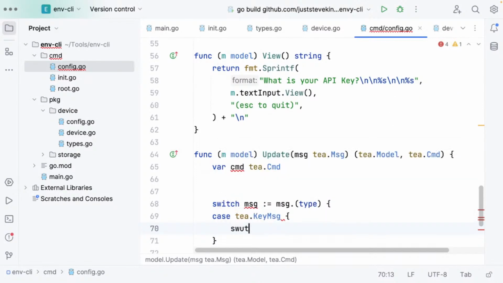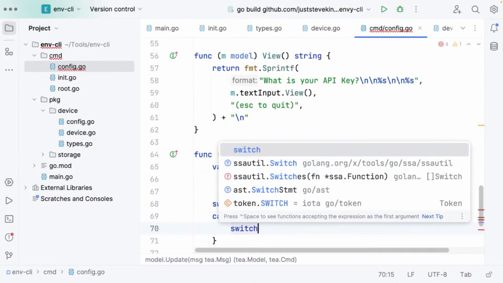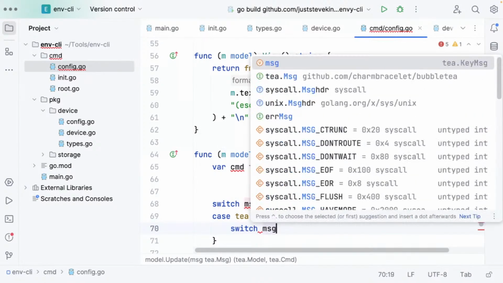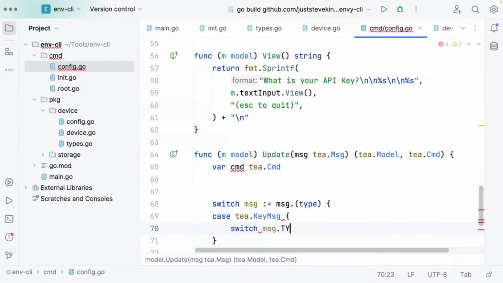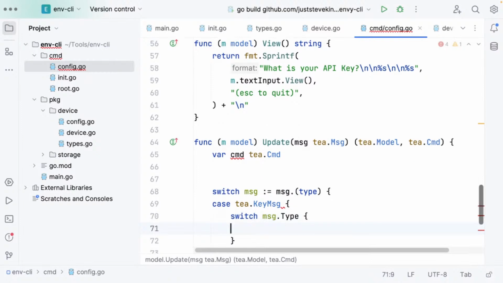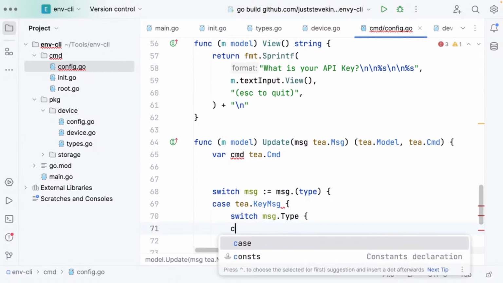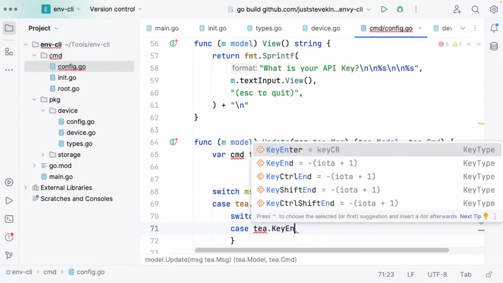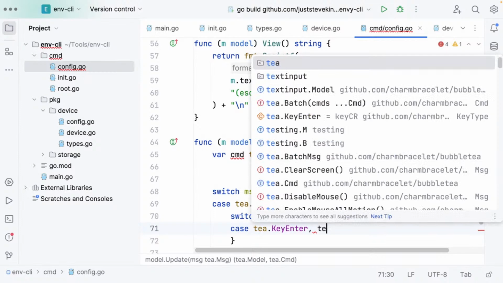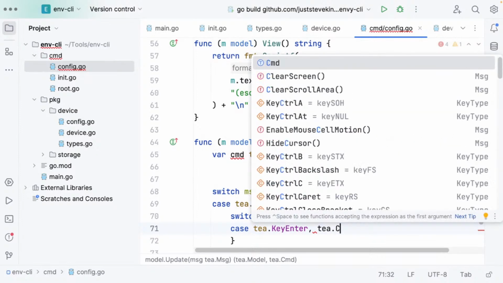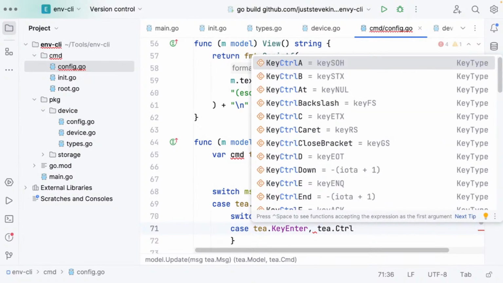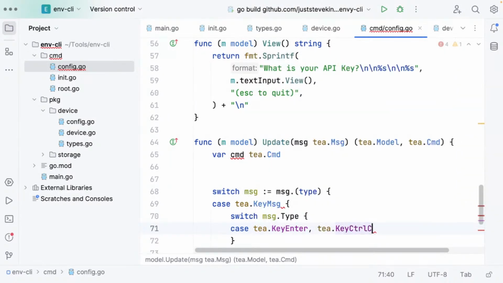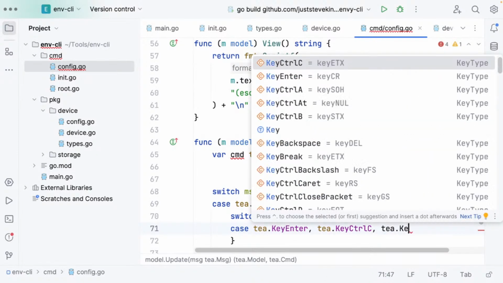Then we want to switch on the message type. We want to say, okay, so what key was pressed? So case t dot key enter. If we press enter, if we press Control C, so that if we copy something, or if we do a key escape,